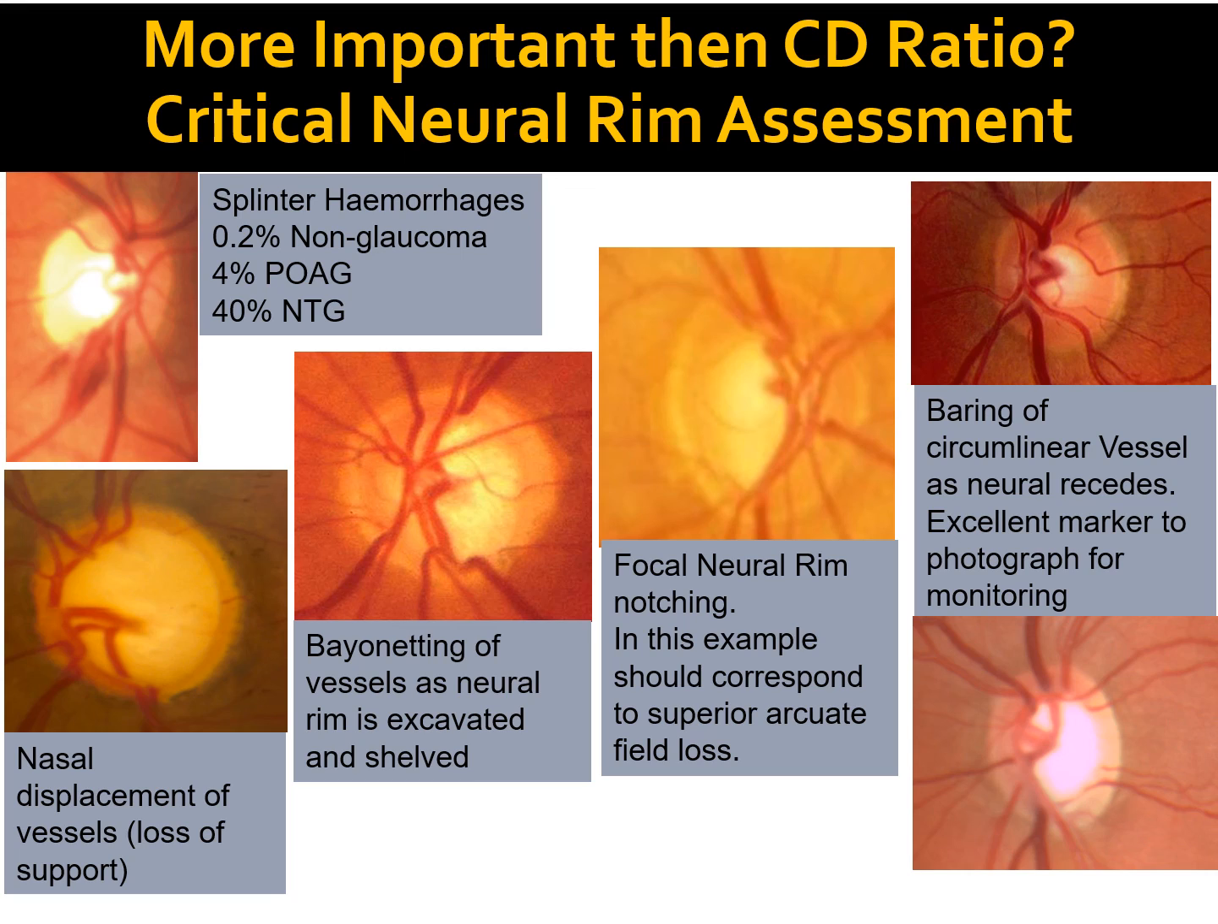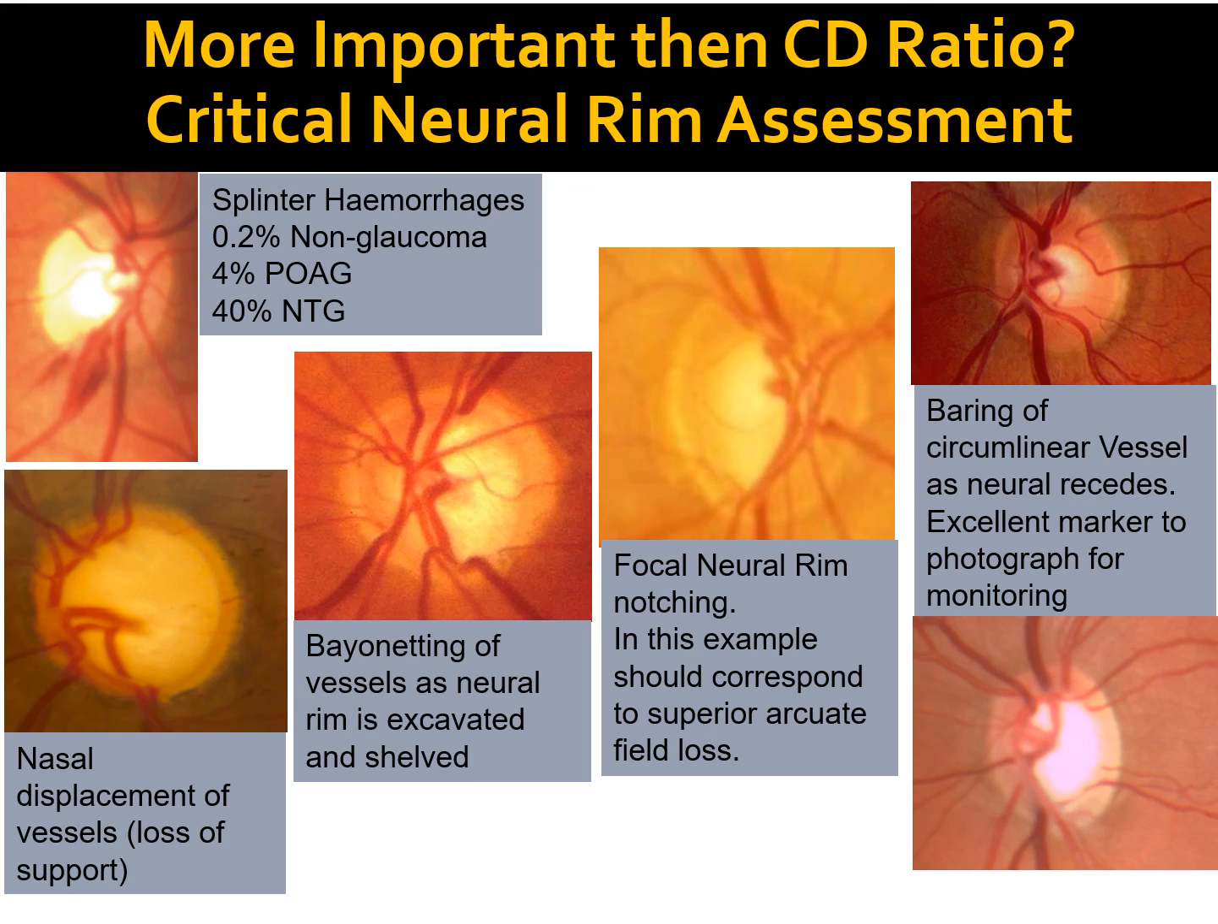So it's a great marker for that. Focal neural rim notching is really important. And obviously in the example there, in the middle, it should correspond to a superior arcuate loss. So therefore you've got an inferior neural rim notch coupled with a superior arcuate loss, bang, that's